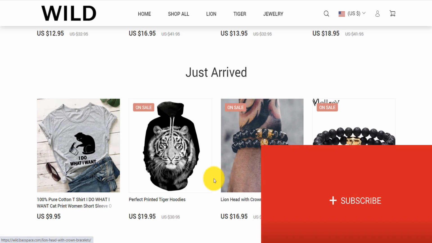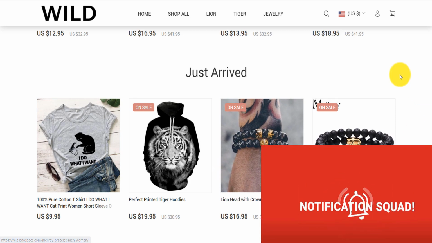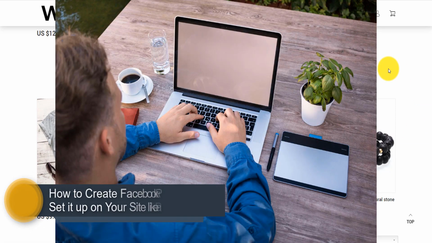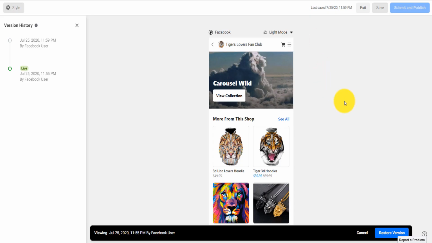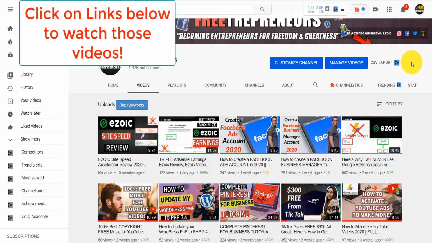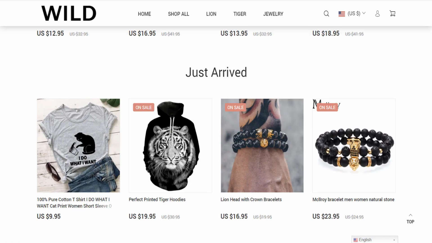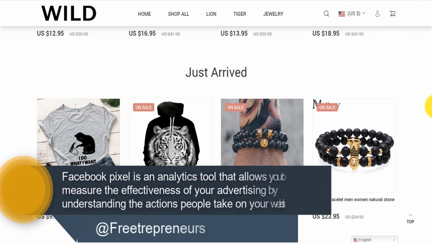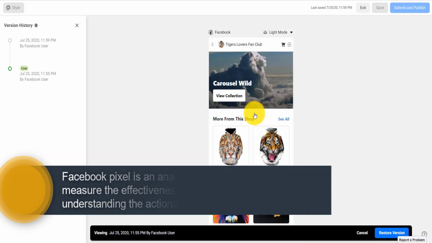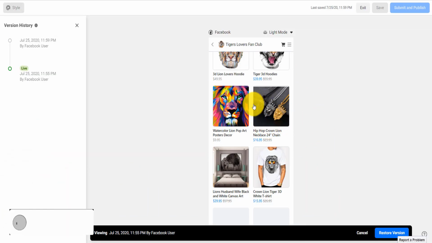Now, this is my website, wild.bearspace.com. I'm going to show you exactly how to create a Facebook pixel and also how to create a Facebook shop like this one. The first thing that you need to do in order to create a Facebook pixel, again, a pixel, is something that allows you to track what visitors do on your website. Okay, if you're trying to sell something on Facebook, if you're trying to create a Facebook ad, which I'll show you in a lot of my videos in my channel,